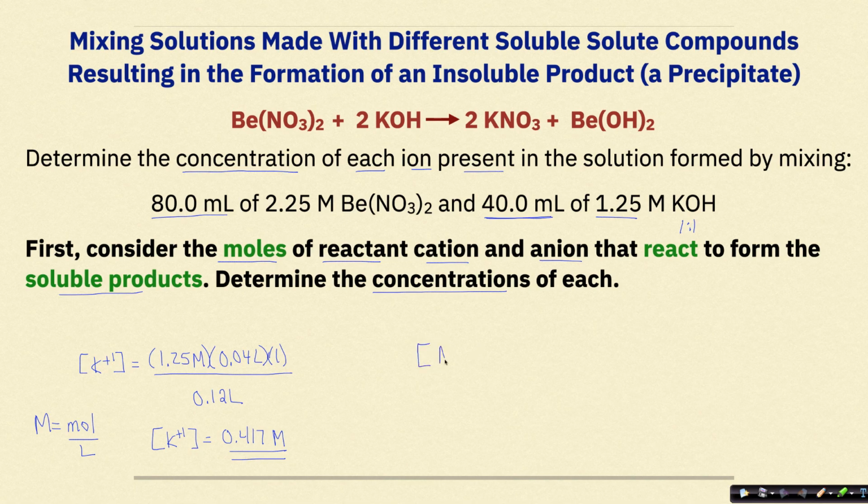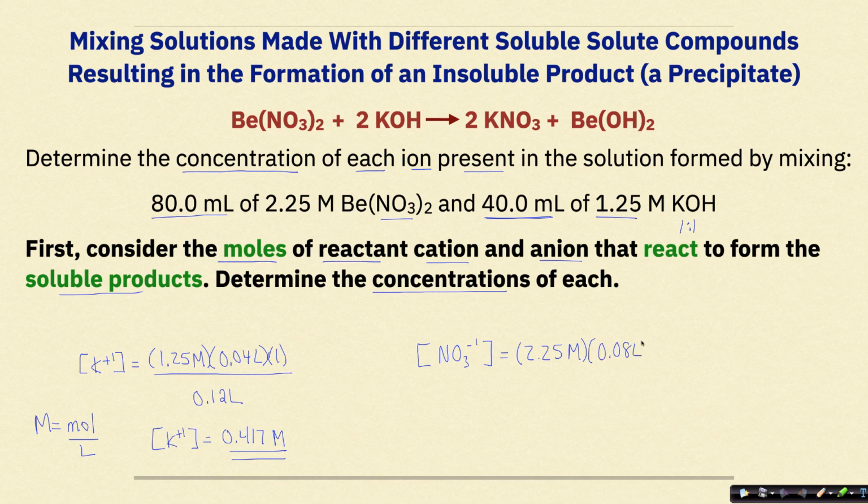So concentration of NO3 minus 1. I'm going to do the exact same process. So now I'm looking at the nitrate ions. My molarity is 2.25 molar. The volume associated with this is 80 milliliters. So this is going to be